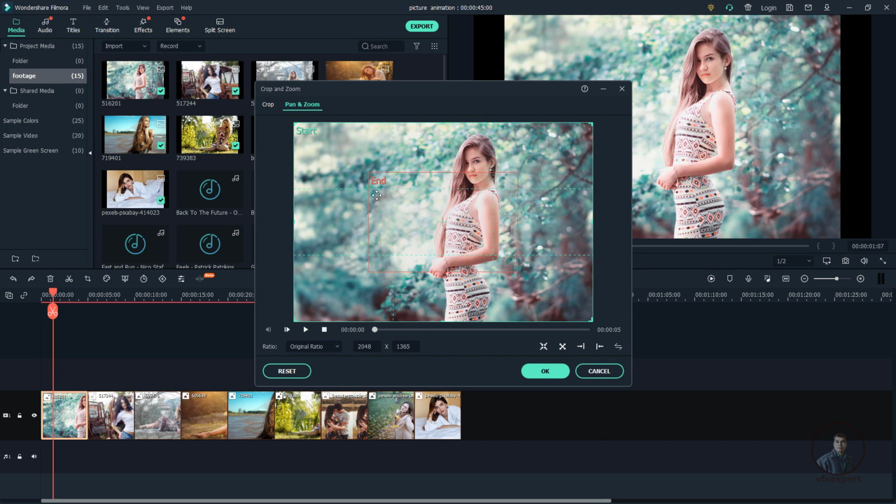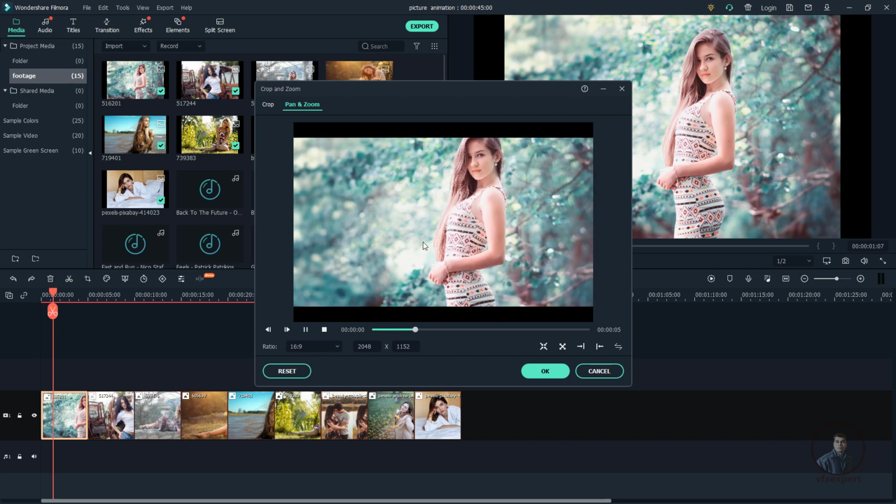But before using all these frames, again we have to select this aspect ratio. This is the most important thing before creating animation inside Filmora with the help of this pan and zoom. So just select the aspect ratio 16:9. Then this start. Start means this animation will start from this area and this will go till here.